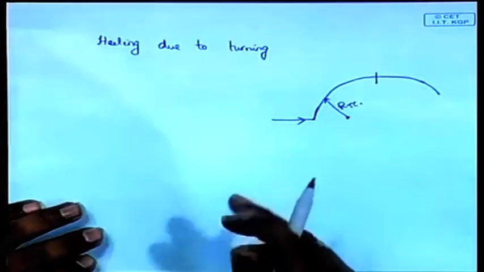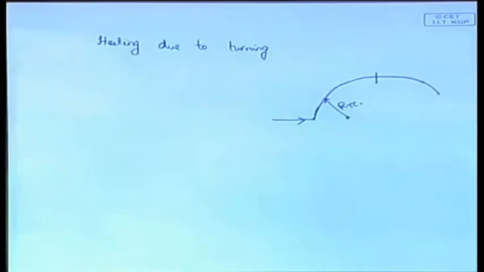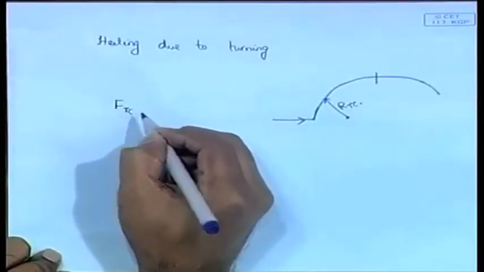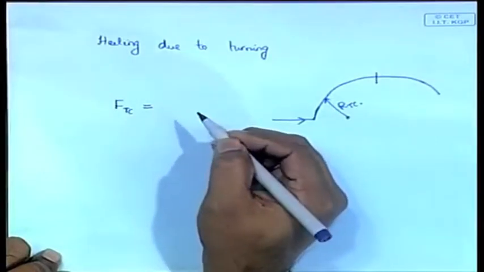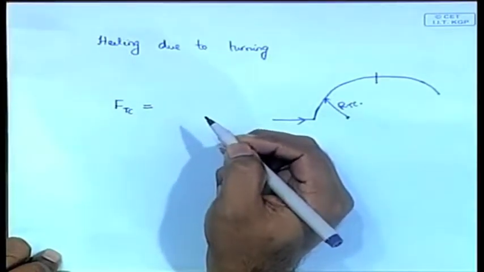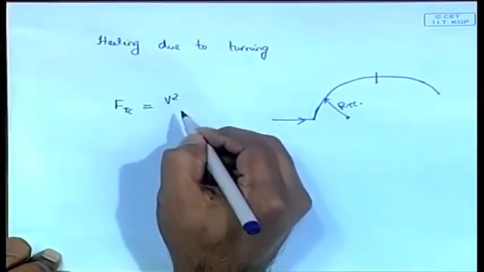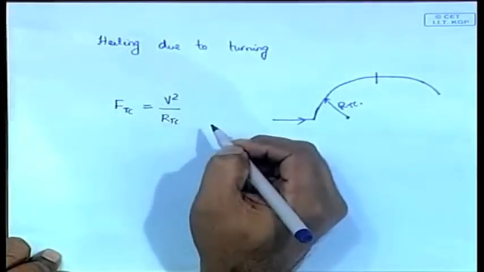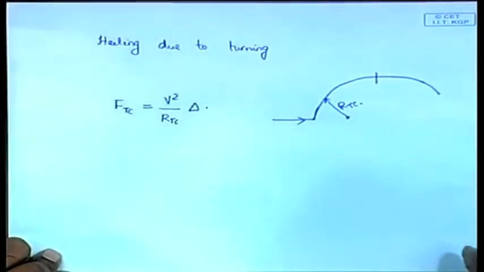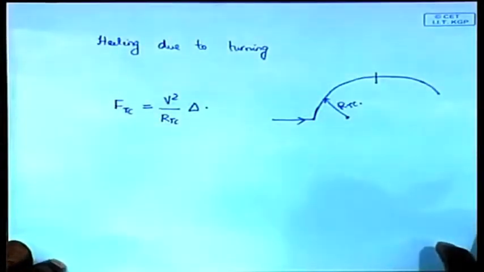Now as you can imagine, when the ship turns, or when the ship starts going in a radius, obviously a centrifugal force will start to act on it. That centrifugal force we will call F Tc. It is the centrifugal force caused due to the turning, given by, first of all, the acceleration. Acceleration is v square by r. Let us assume that the ship is turning with a velocity v, therefore v square by r Tc will give you the acceleration, times the displacement delta of the ship will give you the centrifugal force,